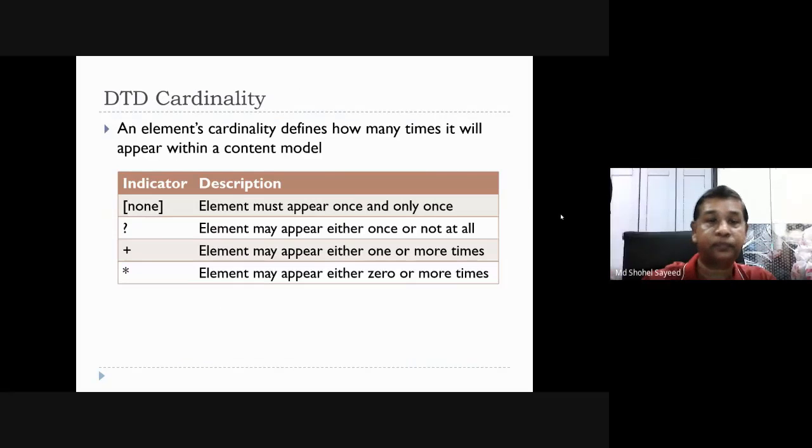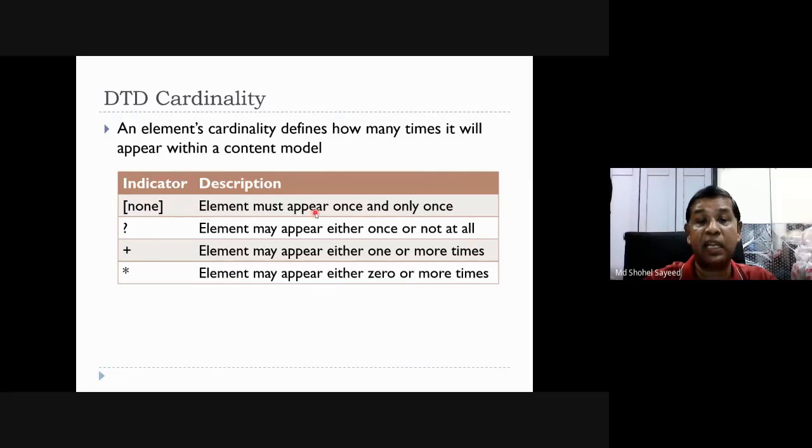Next, DTD cardinality. So what is meant by cardinality? Cardinality means how many times you can use the elements. That is what we call the DTD cardinality. Look here. If we use none, that means the element must appear once and only once.